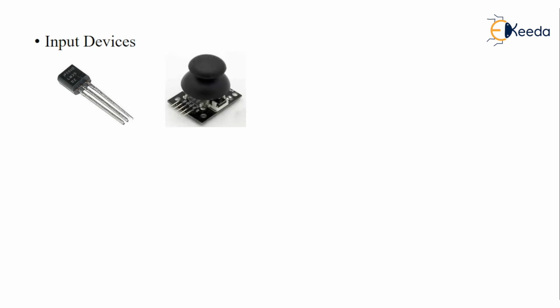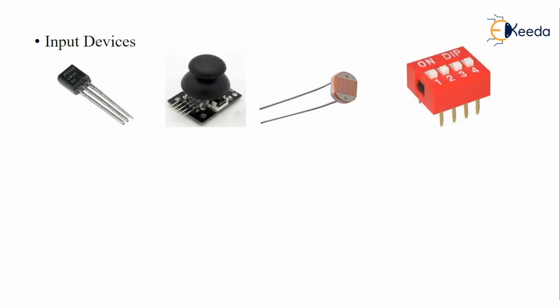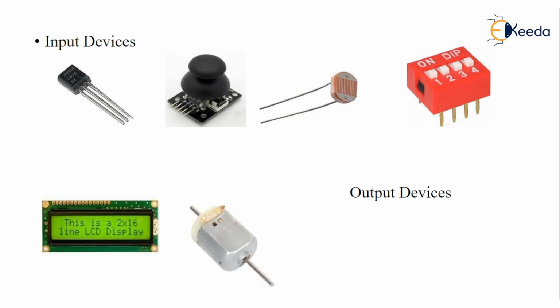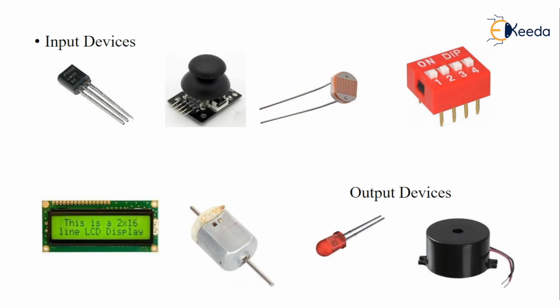Input devices may be anything. It may be sensors; here I include the temperature sensor, joysticks, LDR (light dependent resistors), and DIP switches, which give a 0101 combination. Then output devices: whatever input we have sensed or any processed data, if I want to display or store it after processing or analyzing, I use output devices interfaced on an output port, like LCD, motor, LED, and buzzer.